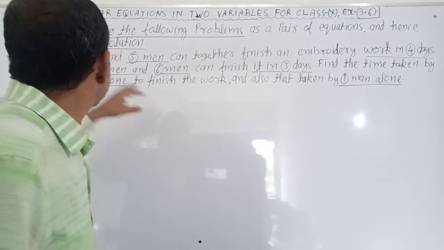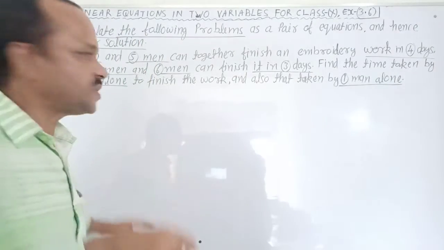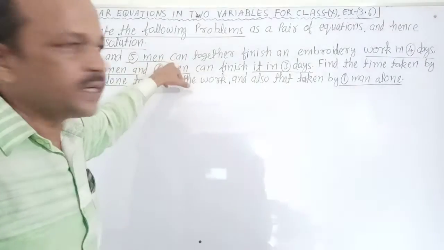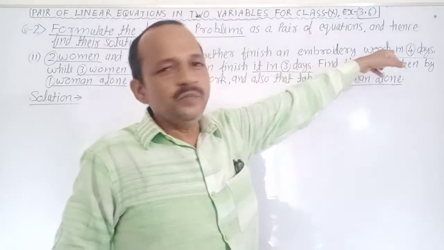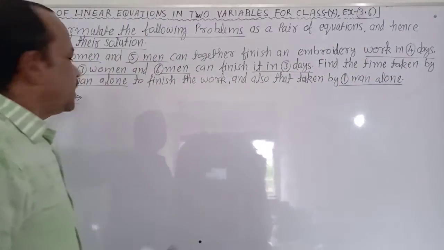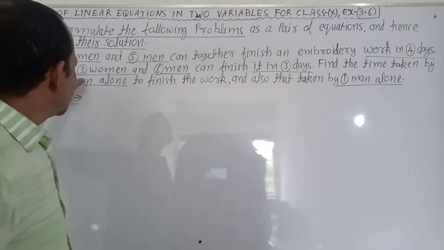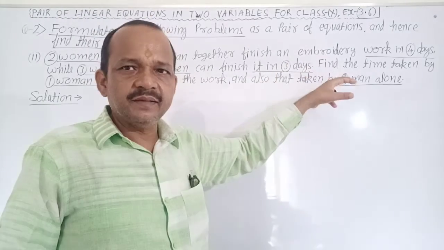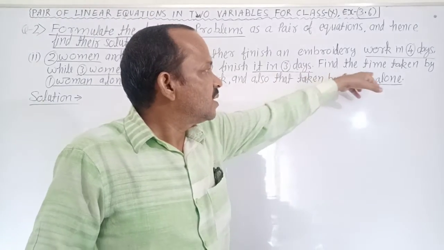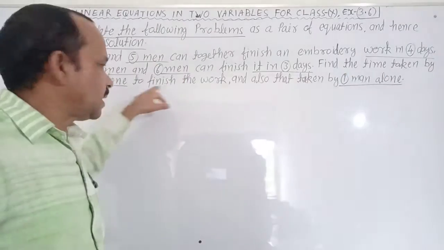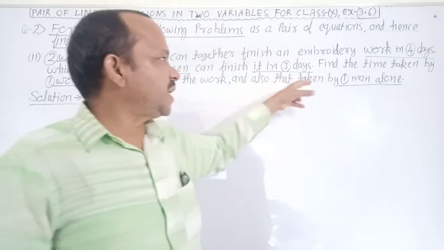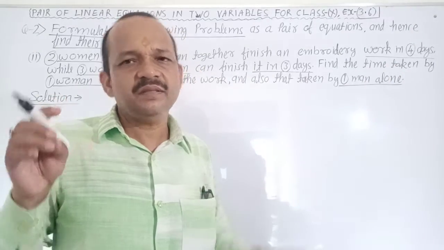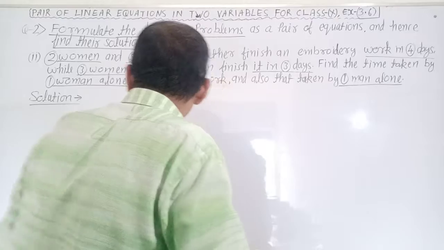Very good. Here, according to the first situation, 2 women and 5 men can finish in 4 days. According to the second situation, 3 women and 6 men can finish in 3 days. Find the time taken by one woman alone and the time taken by one man alone. Clear? No confusion about it. Very good. See, let